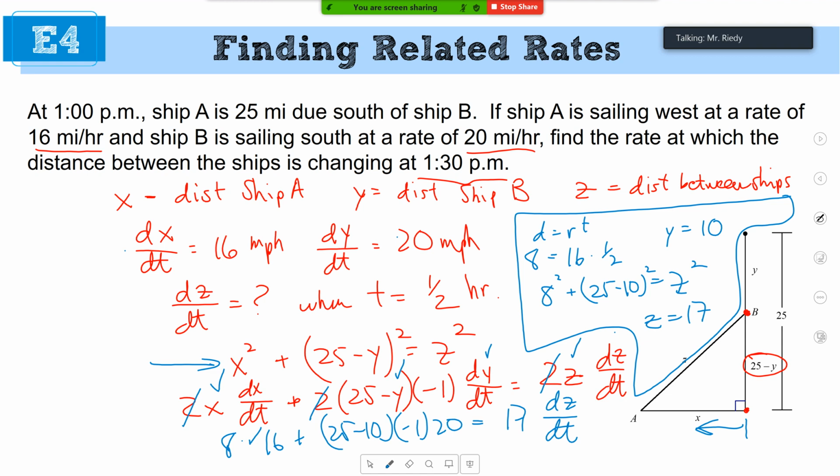All right, bust out those crazy calculators and tell me what the answer is. We're running out of space, so I'm going to come over here and say that dz/dt is equal to